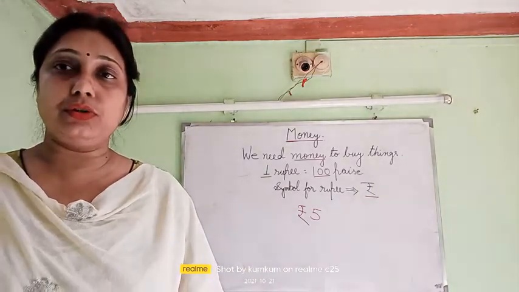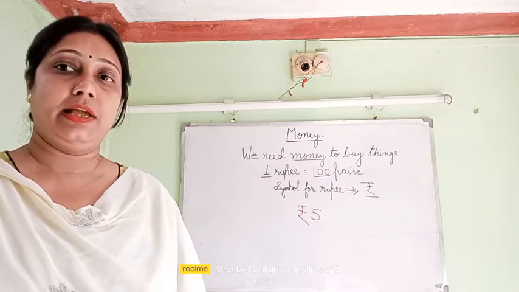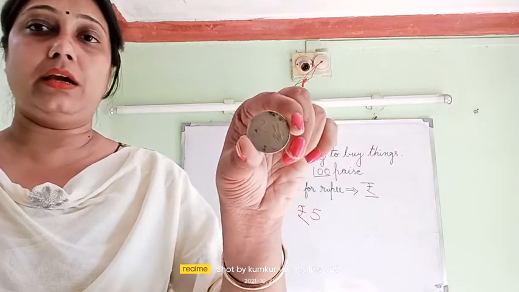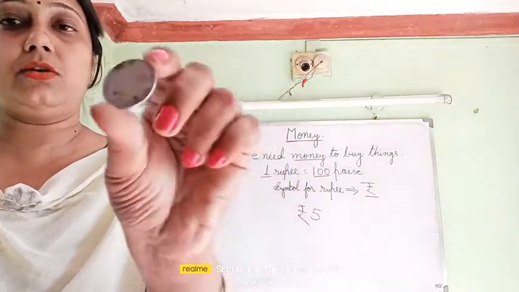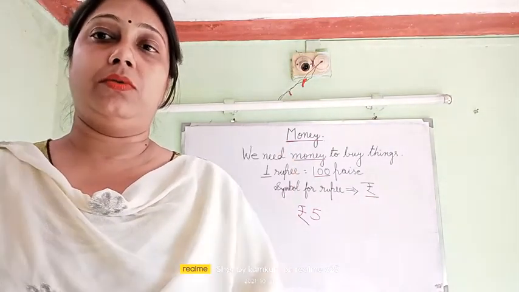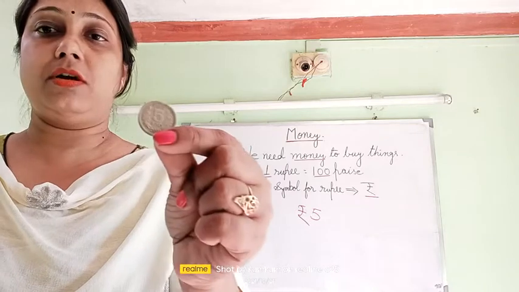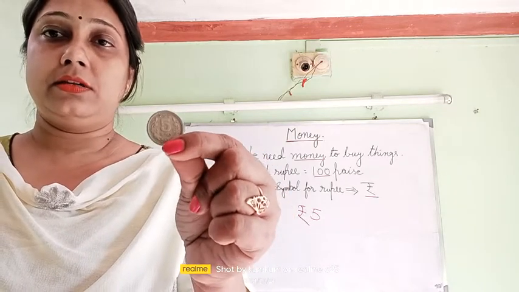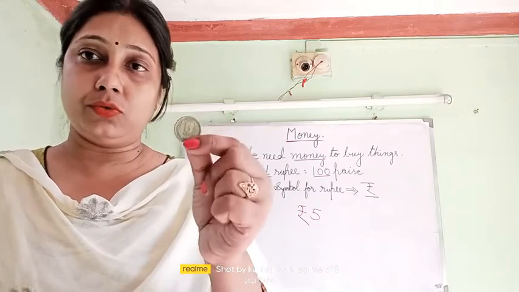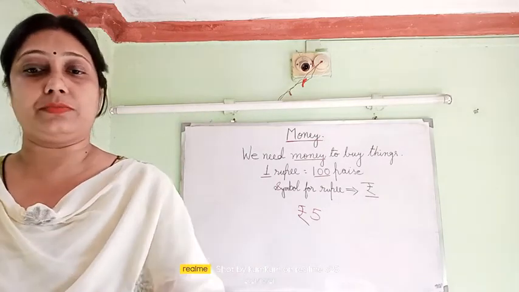Next, I will show you some of the coins and notes which we use in our day-to-day life. Now see, what is this? This is your 2 rupee coin. Can you see? It is your 2 rupee coin. You can easily see it at your home. Now, this one is your 5 rupee coin. See, it is your 5 rupee coin. So, this 5 rupee coin and 5 rupee note both have the same value. But we use coins also, we use notes also.